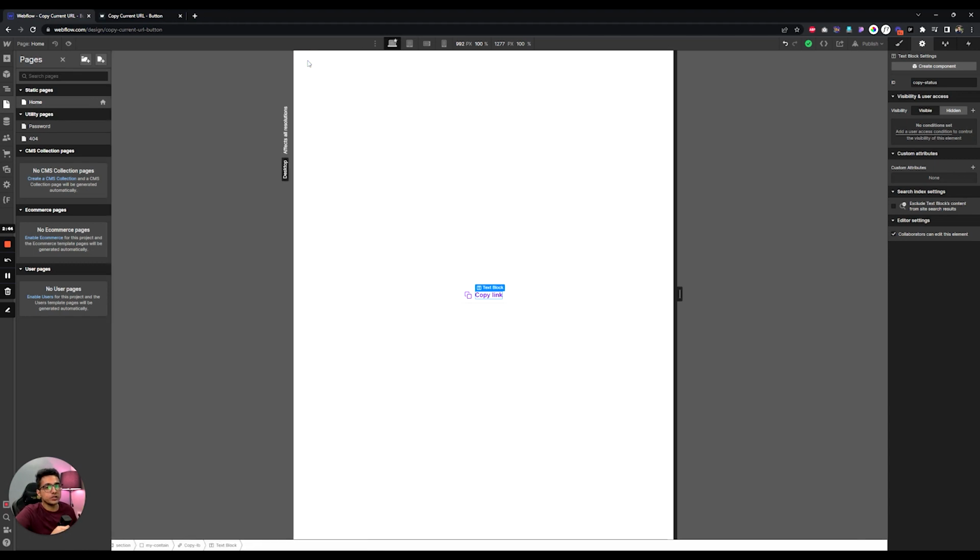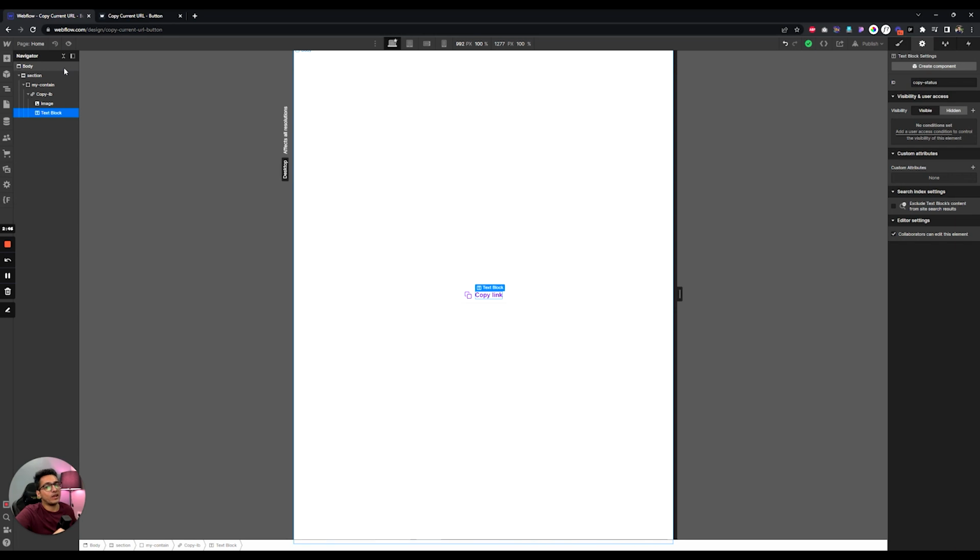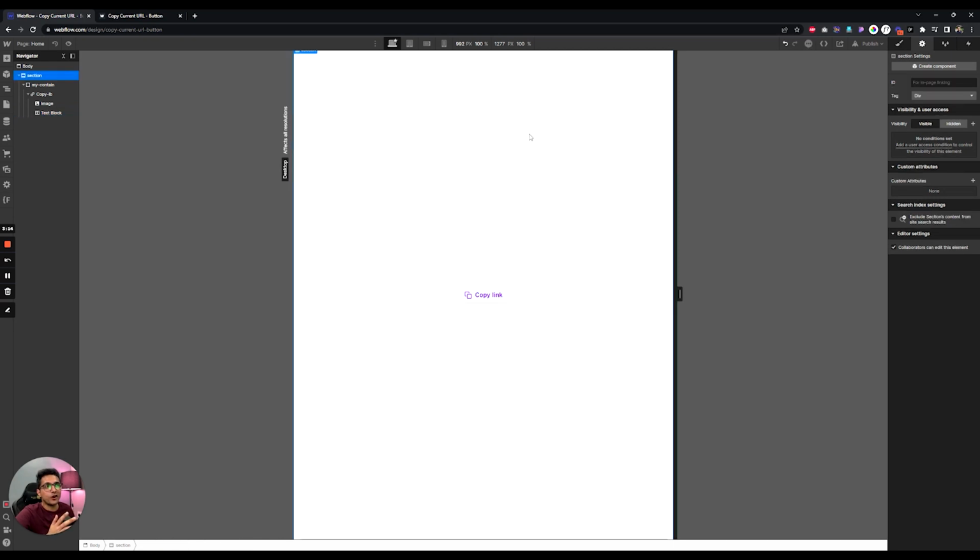So in your project, you can just on any button, you can just give this ID and it would work, and give this text block this ID, and the text for that specific block would change. So yeah, this is how you can use this